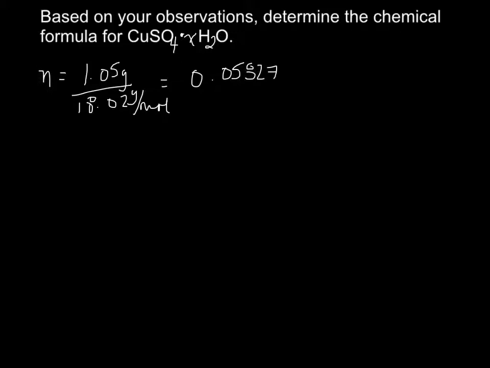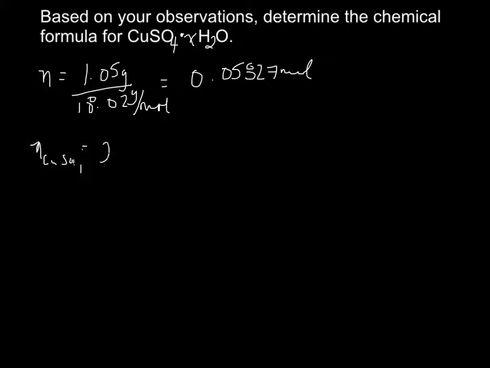So now I need to determine the chemical formula of our copper sulfate hydrate. So we'll have to figure out what the amount or the coefficient for the hydrate is. So n of water is 1.05 grams, which we got from before, and we divide by the molar mass to give us moles. 0.05827 mole,